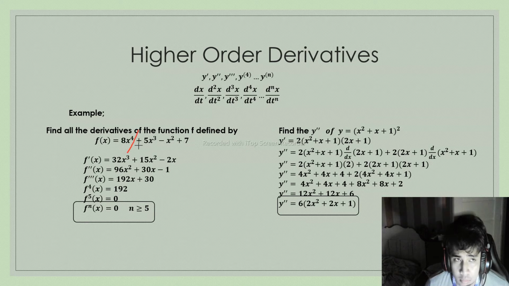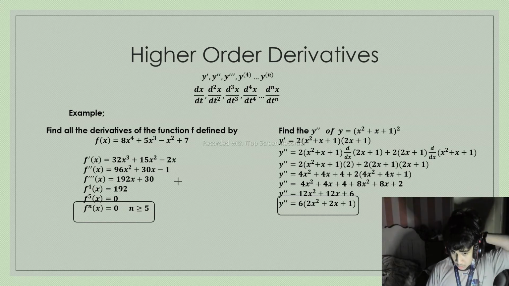Sum and difference rule of differentiation. Yun lang gagamitin natin throughout this equation kasi puro positive plus negative plus minus naman ito. 32x raised to 3 plus 15x squared minus 2x ang kanyang first derivative. Tapos, i-derivative ulit natin. So, derivative ng 32x cubed ay 96x squared. Ng 15x squared ay 30x. Derivative ng negative 2x ay